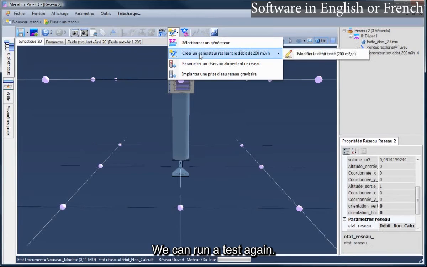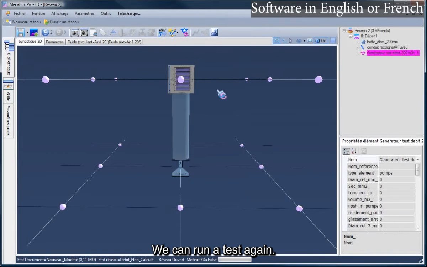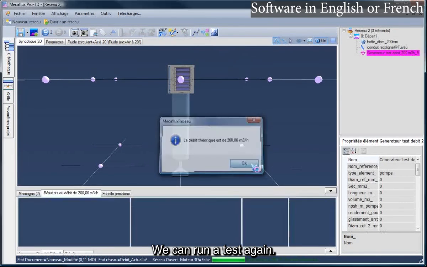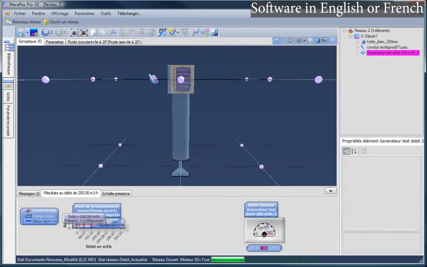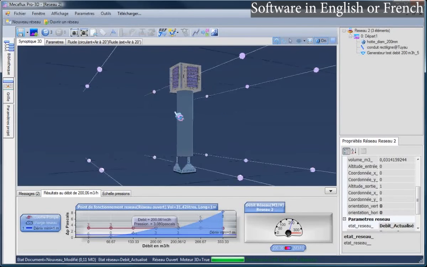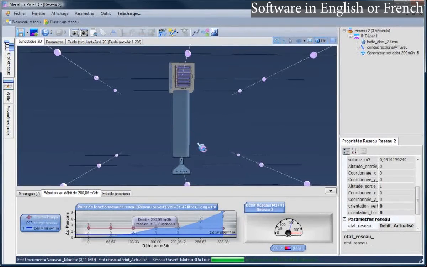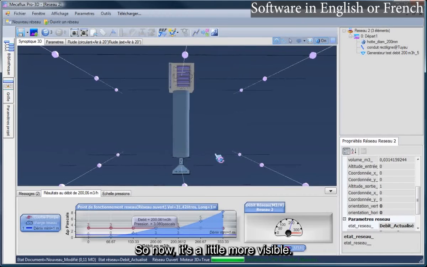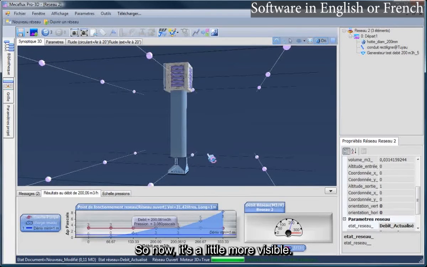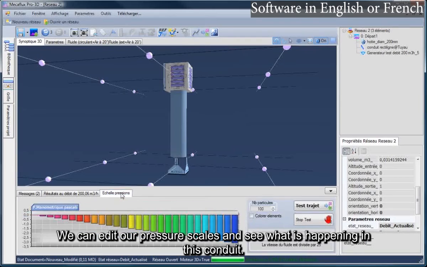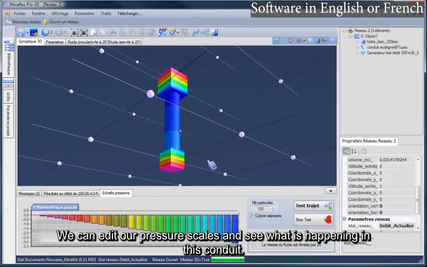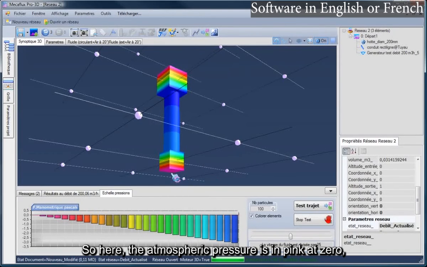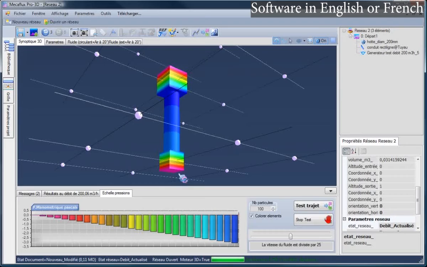We can run a test again. So now, it's a little more visible. We can edit our pressure scales, and see what is happening in this conduit. So here, the atmospheric pressure is in pink at 0.